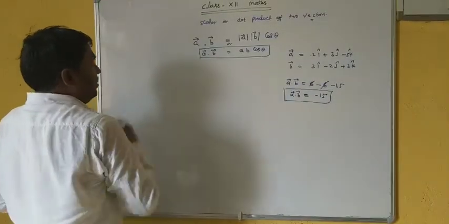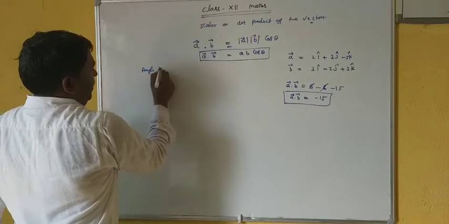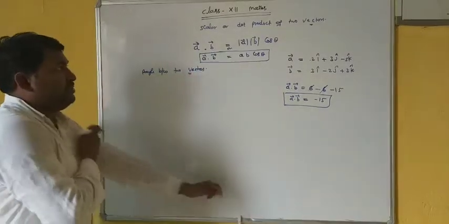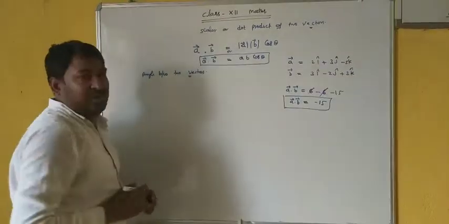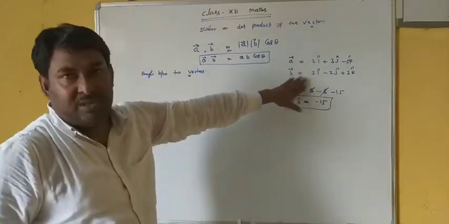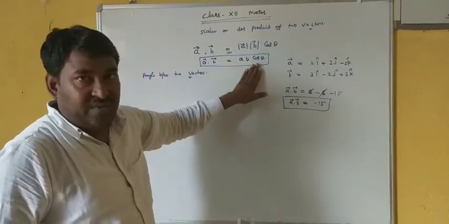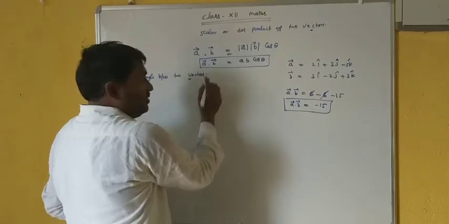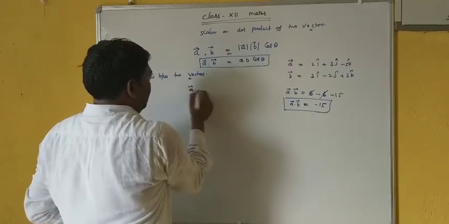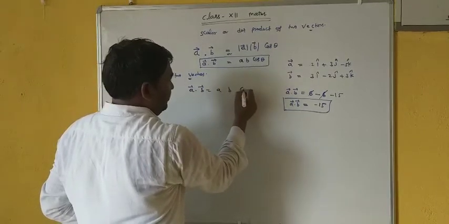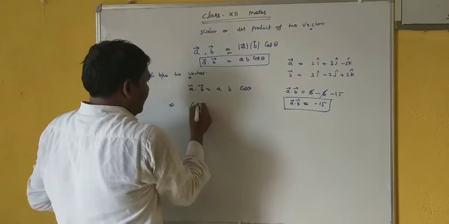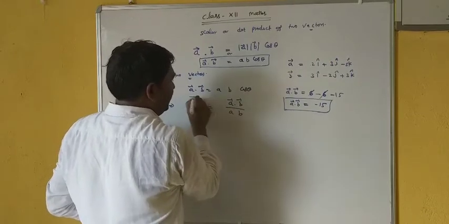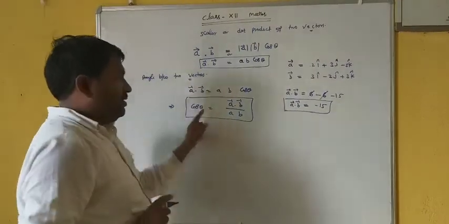Now by using this formula, the angle between two vectors: if A and B are two vectors, then we can find A dot B this way, and their modulus also we can find, we know well, and here cos theta, so theta is the angle between A and B. Since vector A dot B is equal to modulus of A, modulus of B into cos theta, it implies that cos theta is equal to vector A dot vector B upon modulus of A into modulus of B. By using this formula, we can calculate the angle between them.